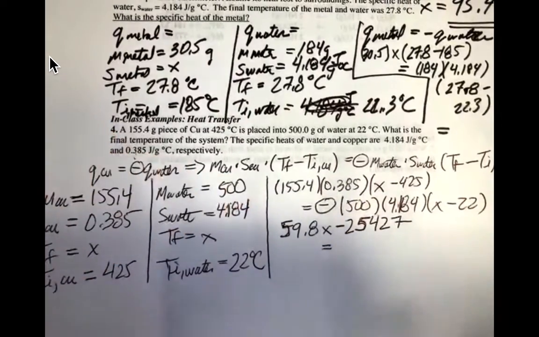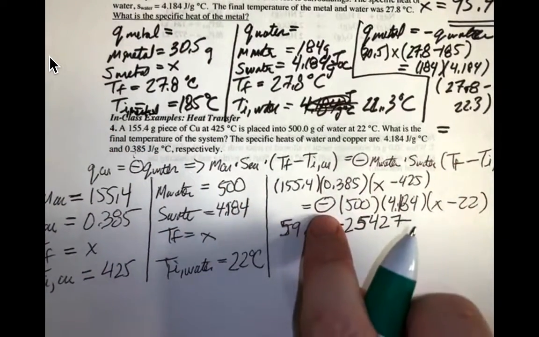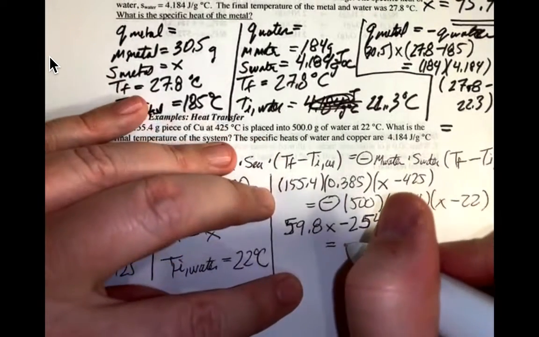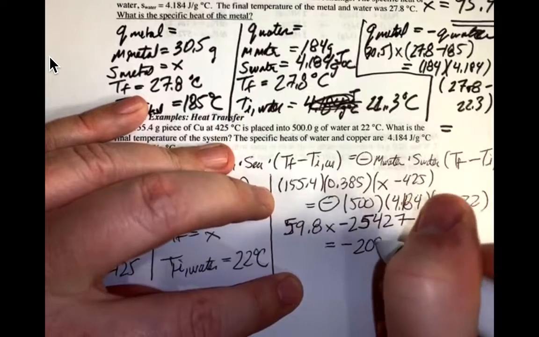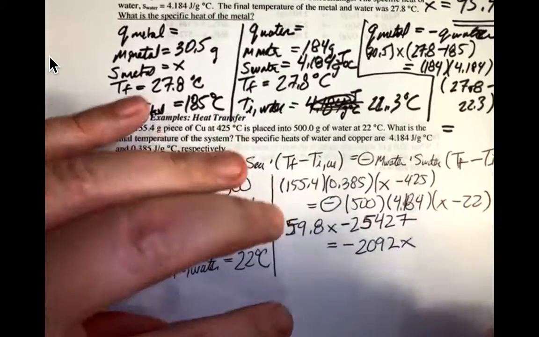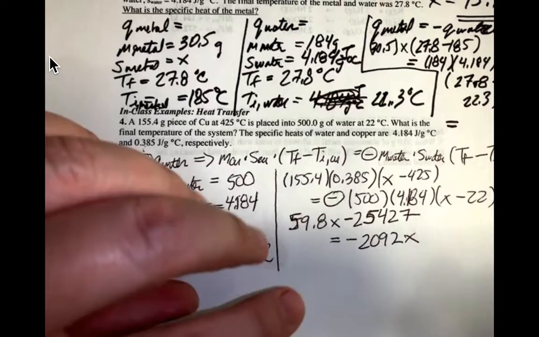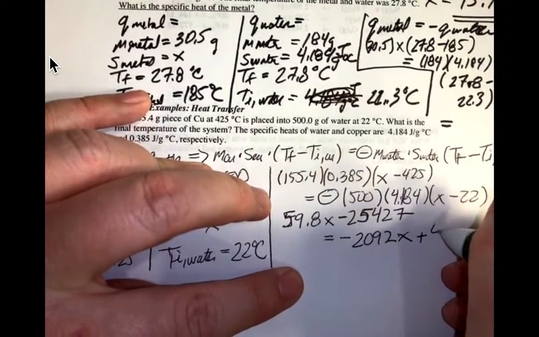Okay, now the other side of the equation, I'm going to do my minus here, minus 1 times 500 times 4.184 times x gives me a minus 2092x. And now minus 500 times 4.184 times minus 22. Okay, and this gives me a positive value, plus